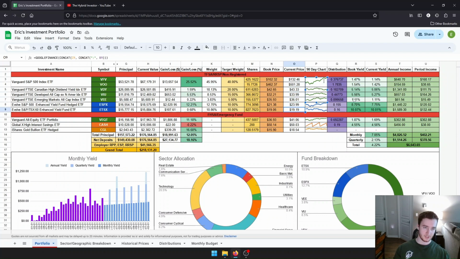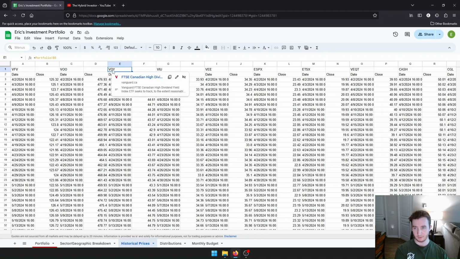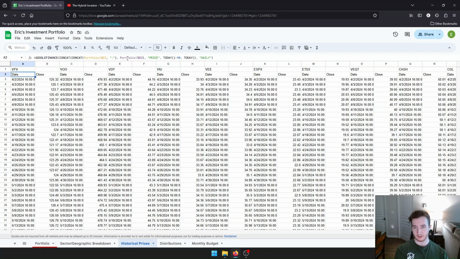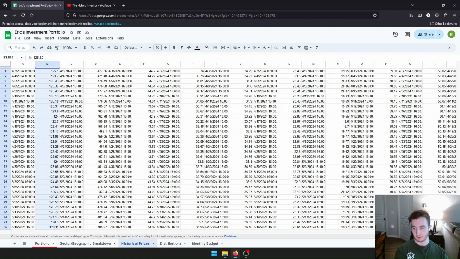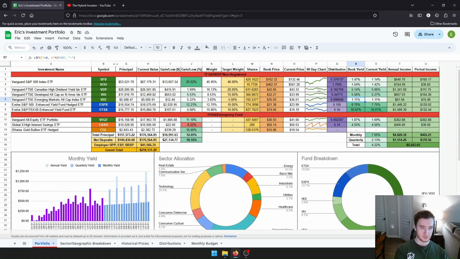And then you have a 90-day chart here. So this is a really cool feature of the spreadsheet. You have the ability to see a chart of the last 90 days. How that works is I have a historical prices tab, and I put the funds from the portfolio right in here, on this top row. And then there's a Google Finance call to look at the price from 90 days ago to today on a daily basis. And you get basically all this data